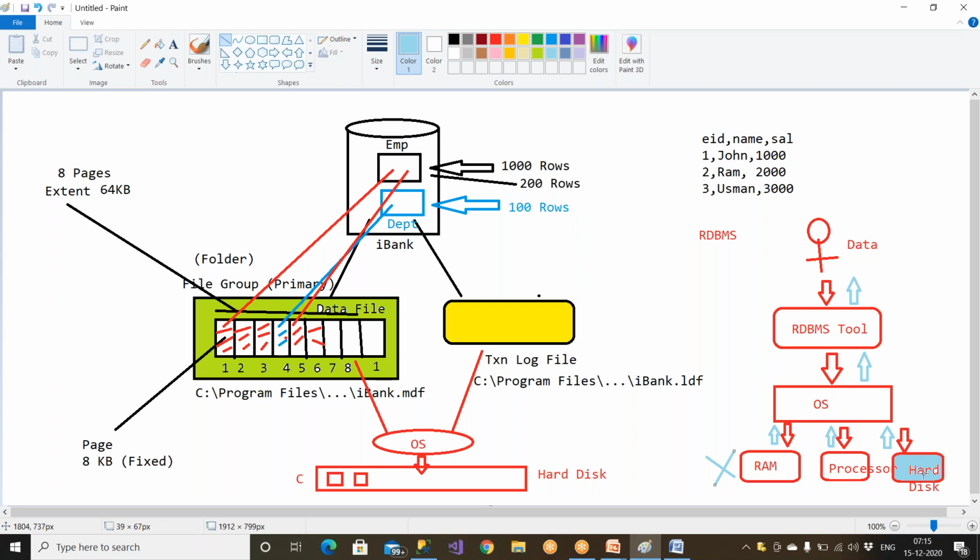And when you need the data back, RDBMS will ask the operating system. The operating system will go to the hard disk, fetch the data, and give it to the RDBMS tool. RDBMS is showing the data to the customer, or to the applications. Clear? So here